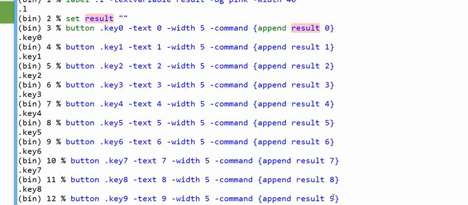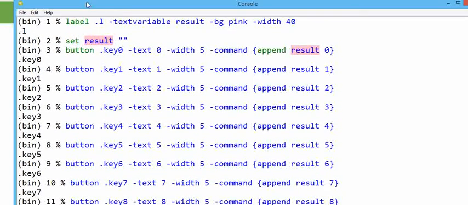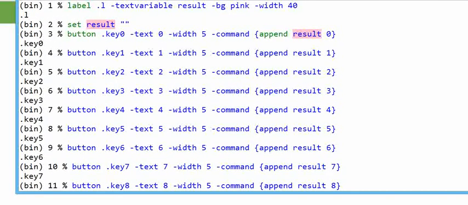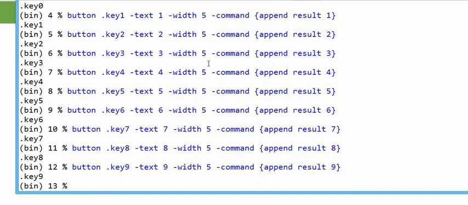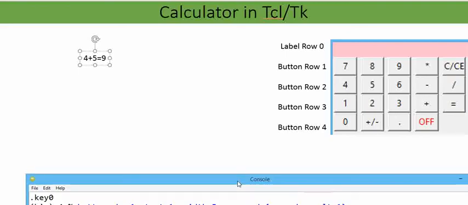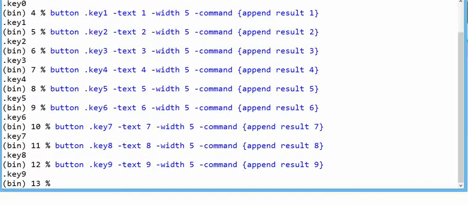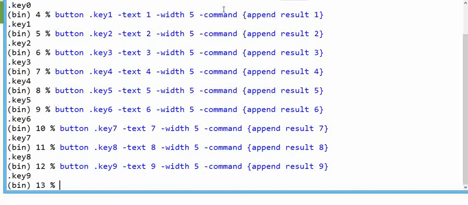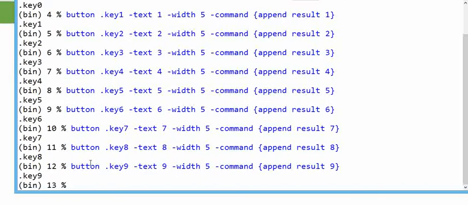Okay, after defining all the inputs, our next objective or target is to define the functions, like plus, minus, product, division, whatever functions we need to define. Remember, when you click over the function, it should invoke a certain task. It is going to invoke the task, similarly appending the value.